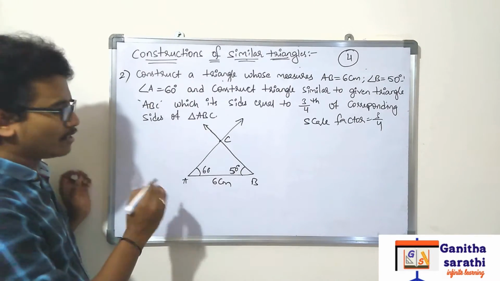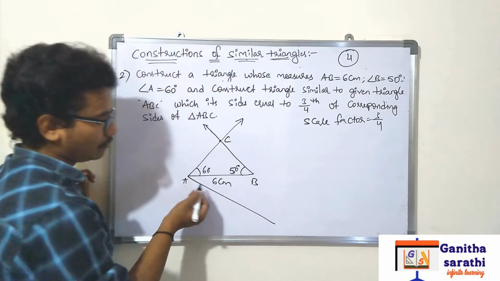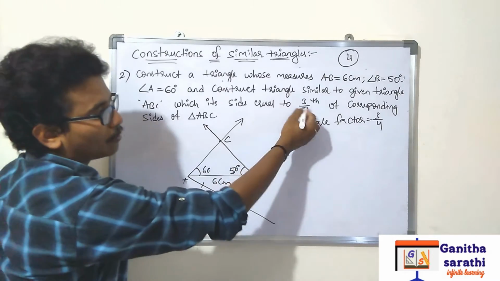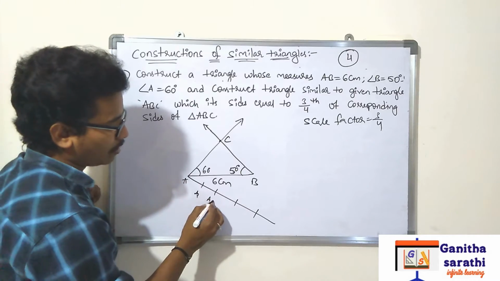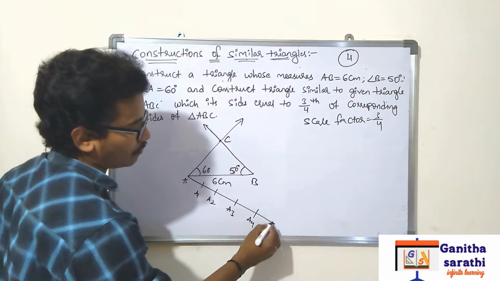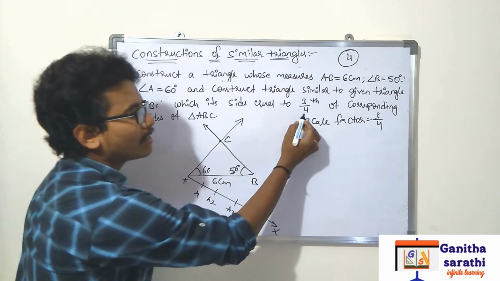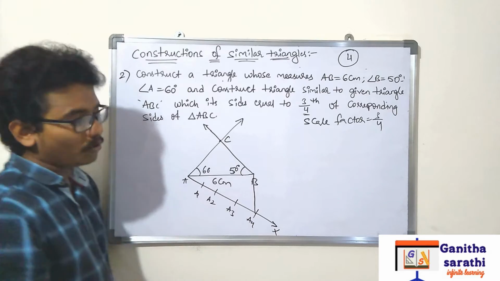The same process as in the previous problem. Take an acute angle, take a compass, take some measurement, and mark the total parts. How many total parts? 4 parts: A1, A2, A3, A4. The line will be X. Okay. Now where should we connect the B point? What is the denominator? 4. So connect the B point to A4.